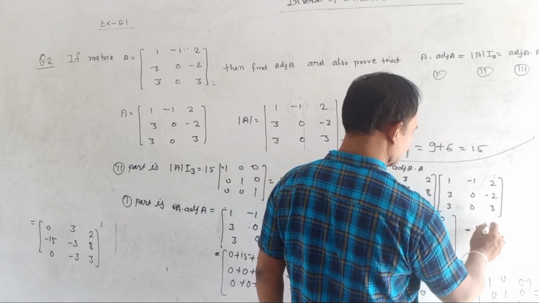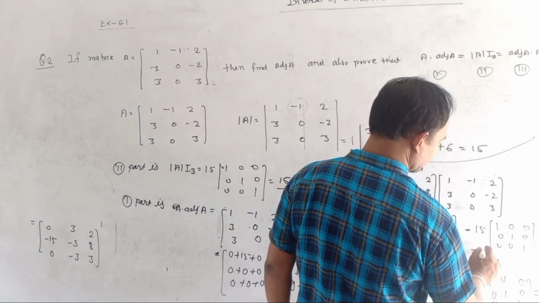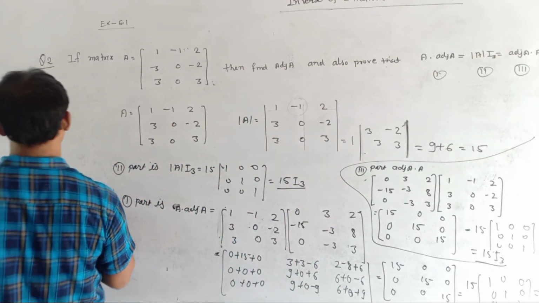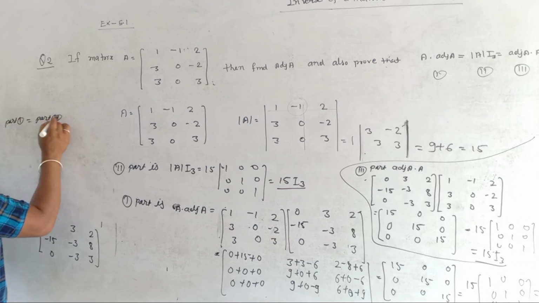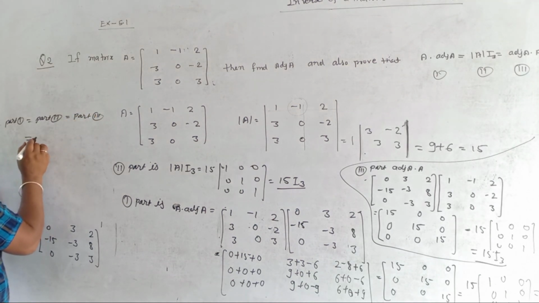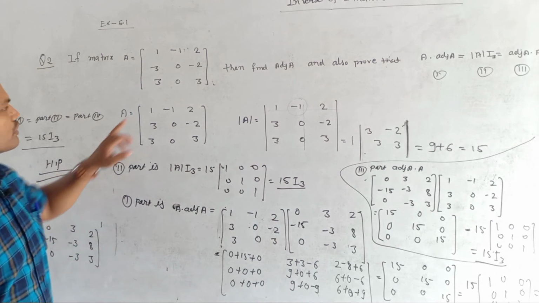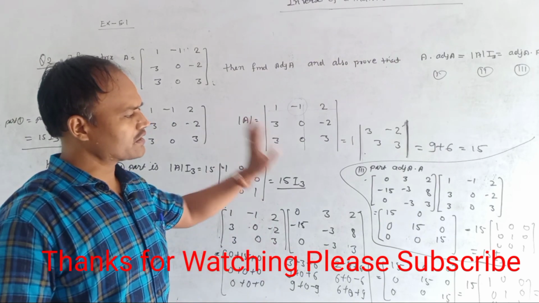So students, we can say that it is 15 times the matrix 1, 0, 0, 0, 1, 0, 0, 0, 1. So we can say that it is 15 I3. So in this way, the first part equals the second part equals the third part equals 15 I3. Hence proved, we can solve this question. In the book there is a 1, so you can take 1 here and solve it again. Okay, so it's not a problem, because in this way we can solve the